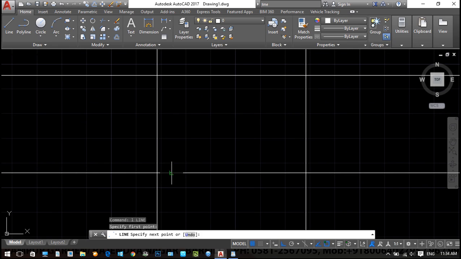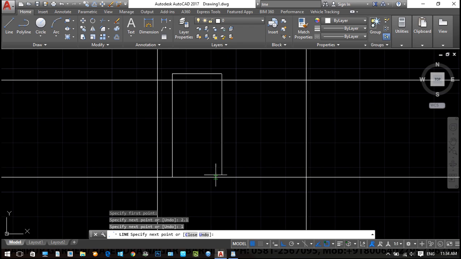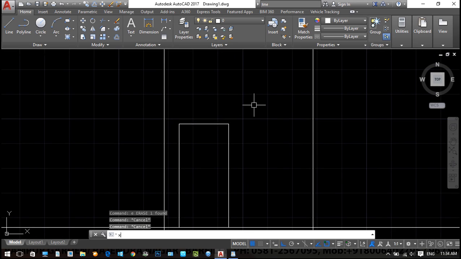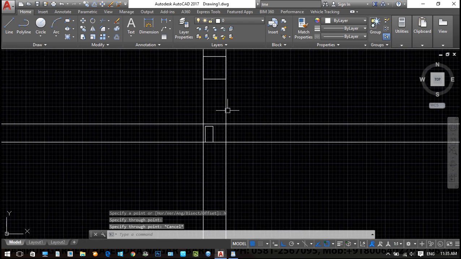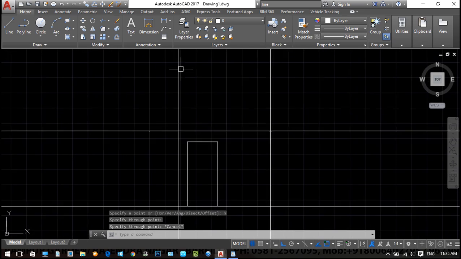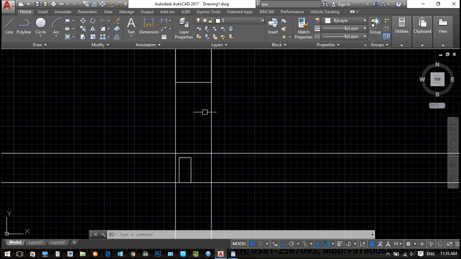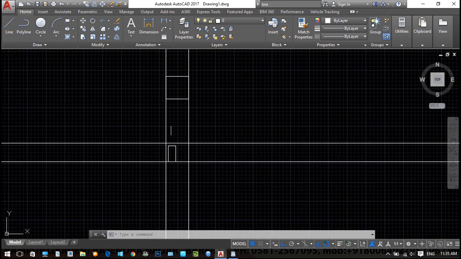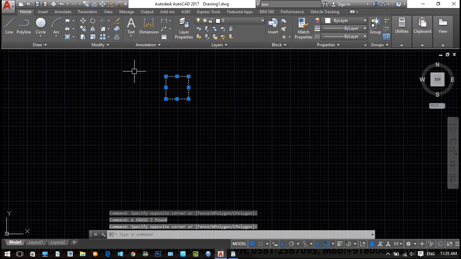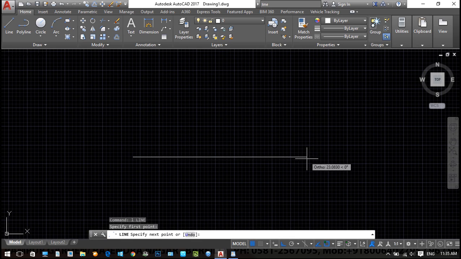Then L enter, create here 2.1 meter, 1 meter, and then again 2.1 meter. Excel enter, H enter. This is the projection of it. So basically we utilize this to create a projection, to make an elevation, to make a section, okay? So create section and elevation. So utilize this. But next condition is Excel enter, A enter. Now it will ask for angle, so that we decide 34 degree angle. So it will create an angle like this.